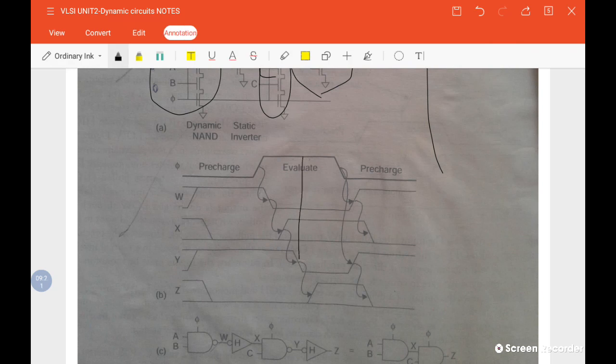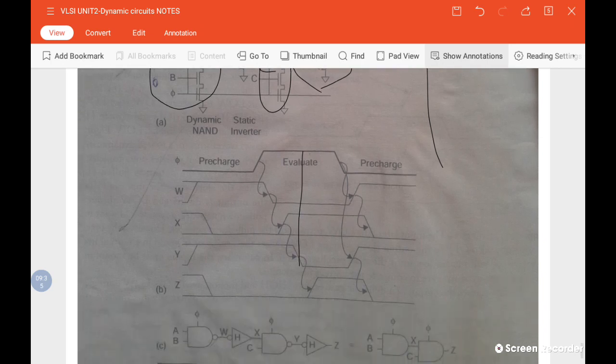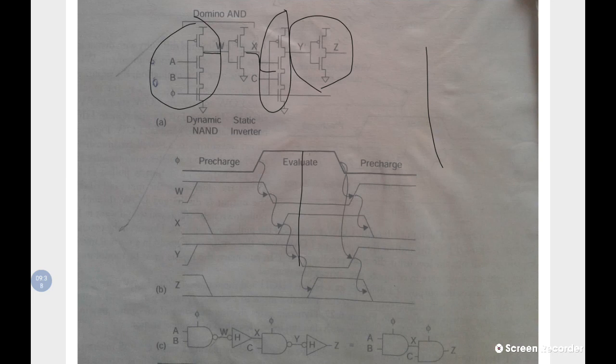During the evaluation period, the X signal is not monotonically falling now, it is only rising. The X is monotonically rising, because this X is the input to the next dynamic circuit. I am going to feed this X value to the next dynamic circuit. For a dynamic circuit, the input must be monotonically rising, it must not fall. That is our condition. So when X is fed to the next gate, the problem is overcome. Now what will be the output Y? The X values are just inverted. When X is low, Y would be high, and when X is high, Y would be low.